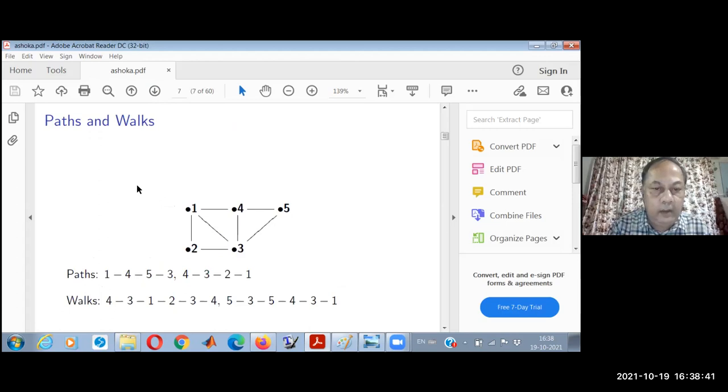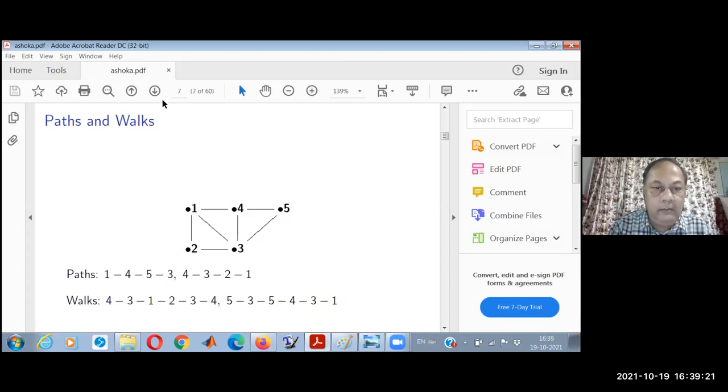And paths and walks, so path means you just travel around the graph in any fashion. You start at 1, so here is a path, 1, then 4, then 5, then 3, no restriction, or 4, 3, 2, 1, that's a path. There's another word which is walk, where there is really no restriction. In a path, sometimes we put, or I'm going to put, a restriction. This is sort of a convention, but it varies from different sources. In a path, vertices cannot repeat, but in a walk they can repeat. So 4 to 3, 3 to 1, 1 to 2, again to 3, and so on.